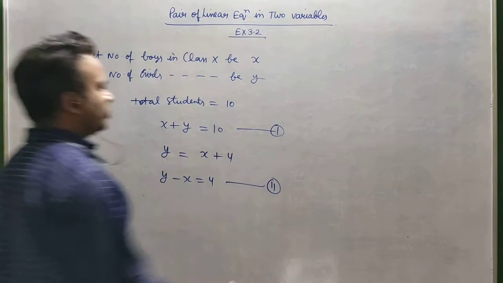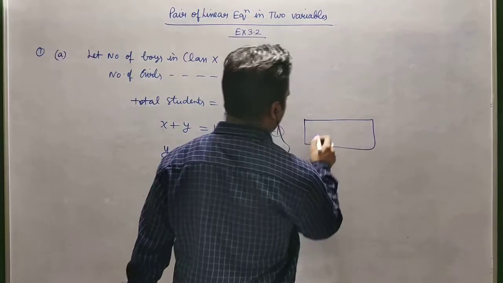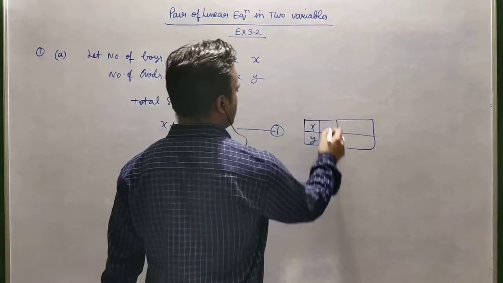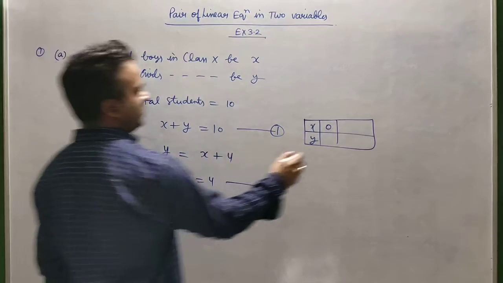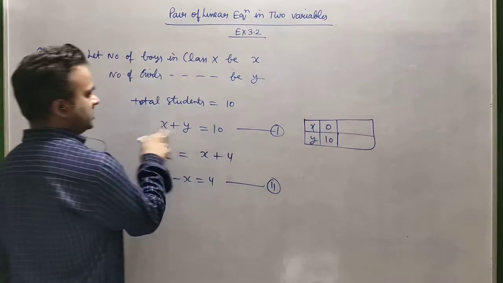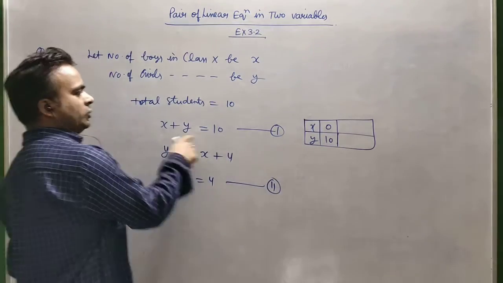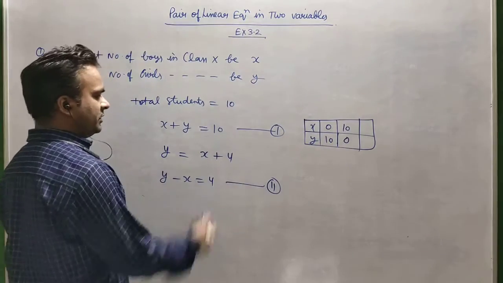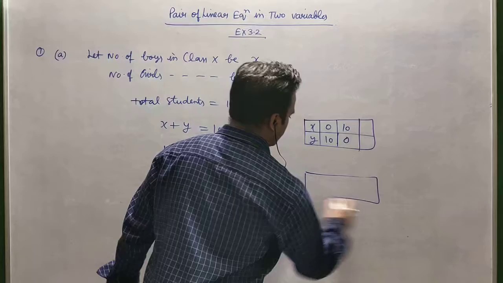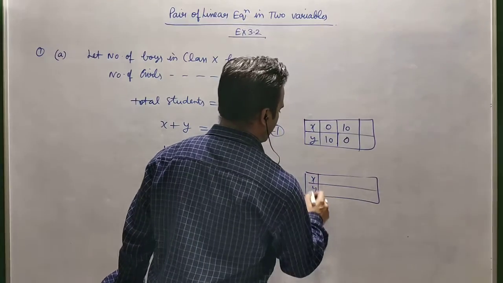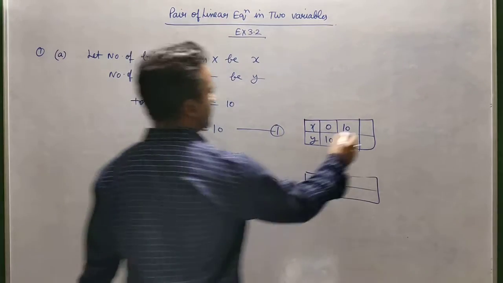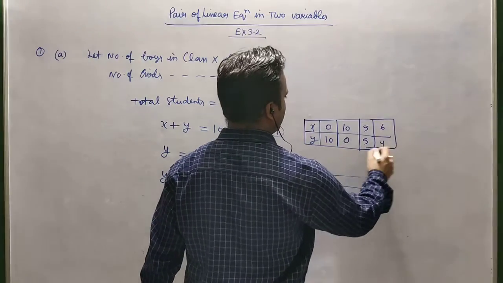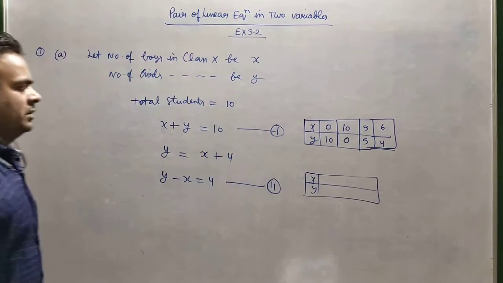And I hope you can draw the graph, because if you find the coordinates for this particular equation, if you put x is 0, suppose, so what will be y? 10. If x is 0, y is 10. If y is 0, then x is 10. You can take the points like this. Now one more, you can take another point also. Suppose you put x as 5, so y will be 5. If you say x is 6, then you will get y as 4, because the sum is 10.